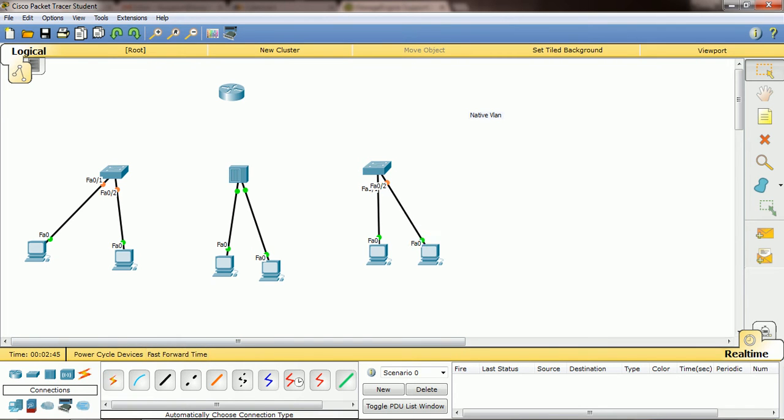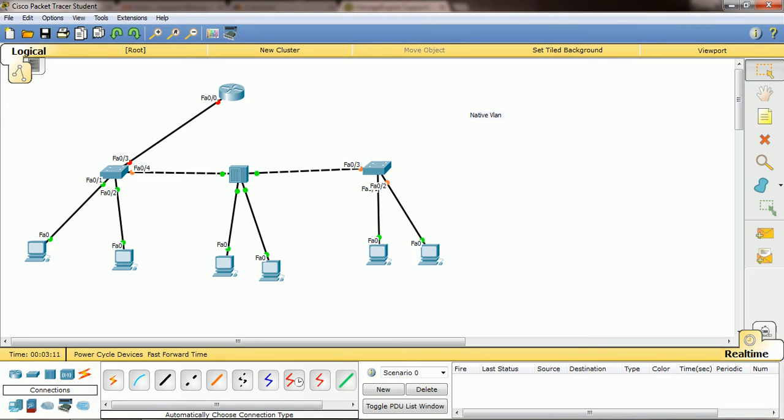I connected to the router, and from here to the hub, and hub to the switch. Okay, so think you have this one network. This is a router which takes care of routing, and this is the default gateway device for us.